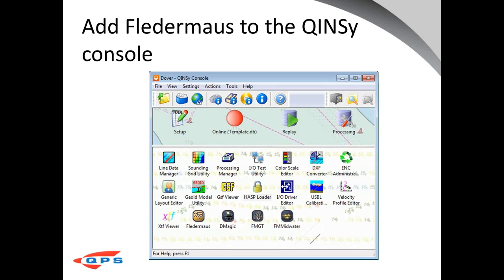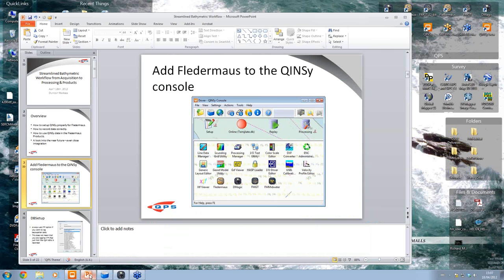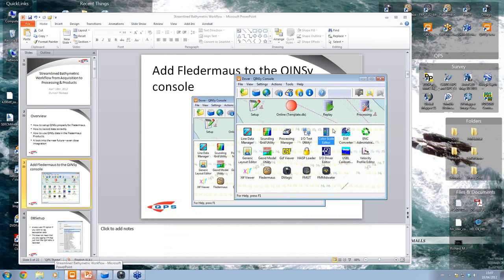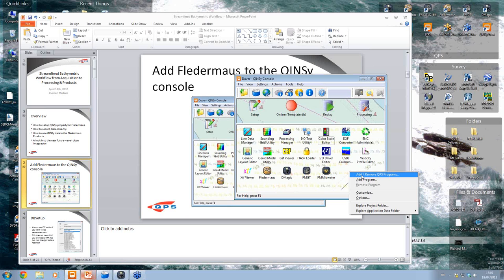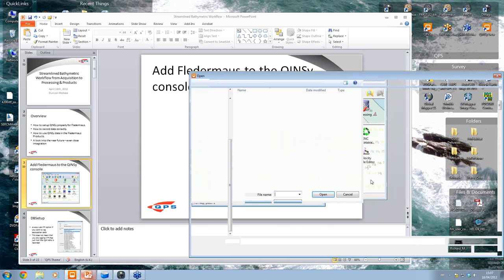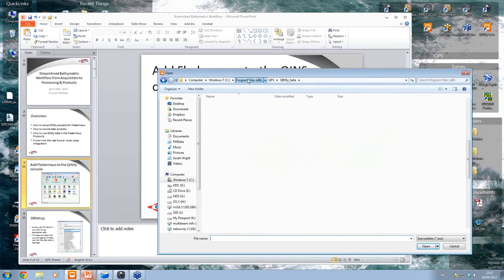So the first stage, if you like, is you can actually add Fledermaus to the QINSy console, and you'll see down here at the bottom there, I've added in Fledermaus, DMagic, FMGT, and FM Midwater. Now you can add and remove QPS programs or QINSy programs from there. At the moment, to add a Fledermaus program, you need to do the Add Program option, and then this depends on